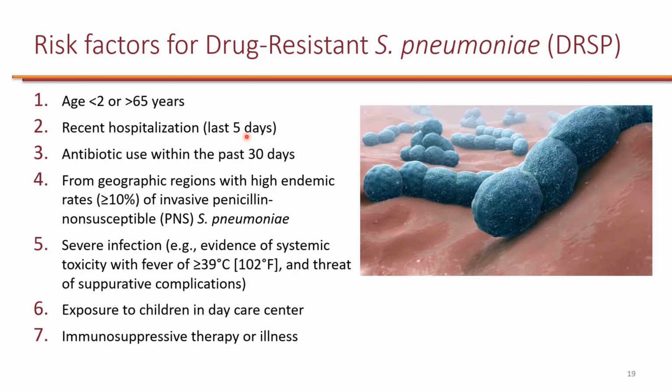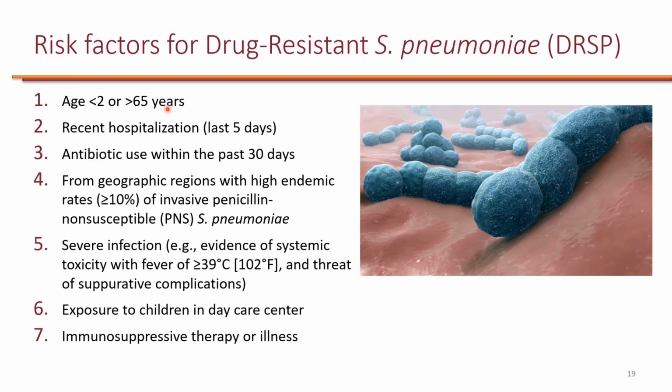Now, since we are talking about Streptococcus for the most part, especially for rhinosinusitis, is strep pneumo, so we should keep in mind risk factors for drug-resistant strep pneumo. For the most part, these are similar to the risk factors for drug-resistant strep pneumo from the IDSA guidelines for community-acquired pneumonia. The 2012 guidelines are more recent, so their risk factors have been updated, so they're slightly different than what the community-acquired pneumonia guidelines had.